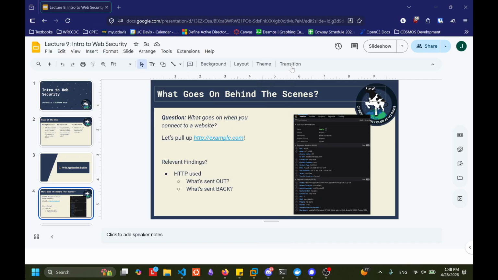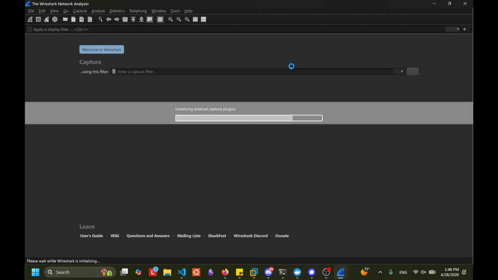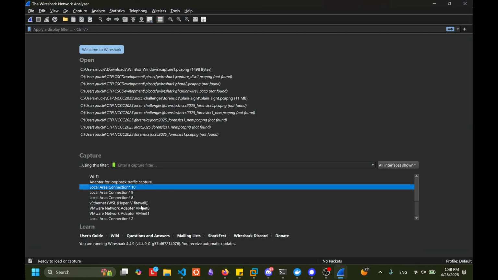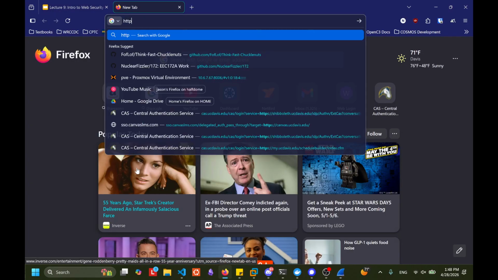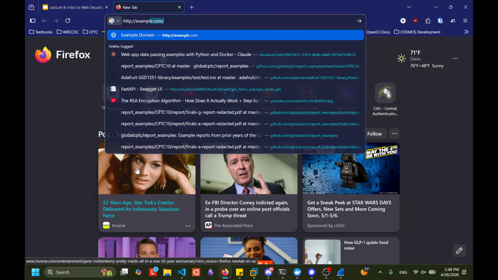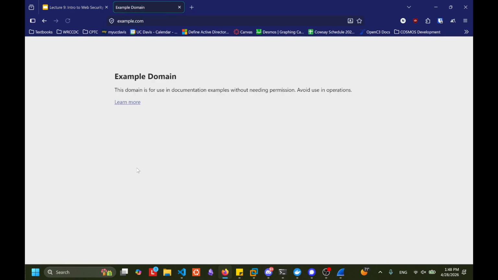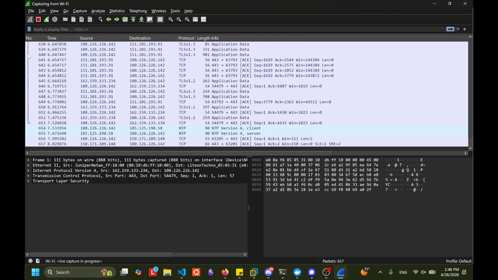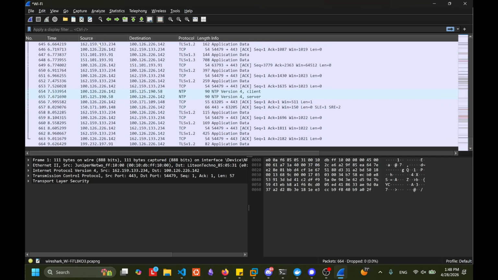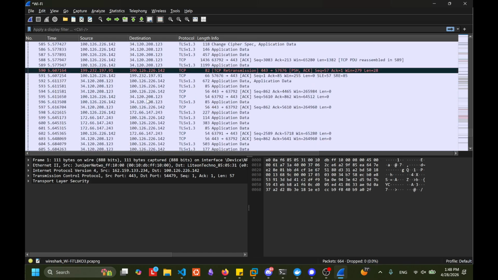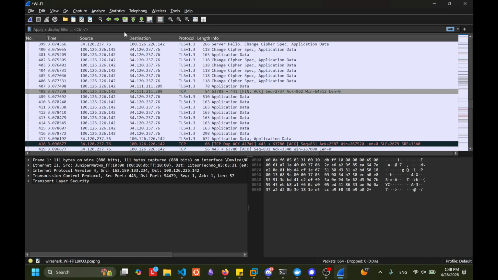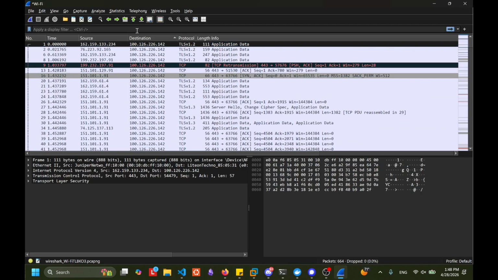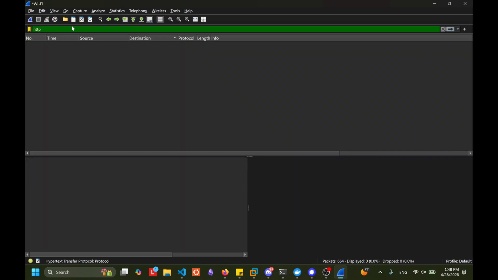Let's capture everything that goes on when I say I want to go to the website http://example.com. Okay, the website has been loaded, and I think we can stop the capture. There's a whole lot of data in here, but I'm just going to filter specifically for the web stuff. So I'm going to say http.